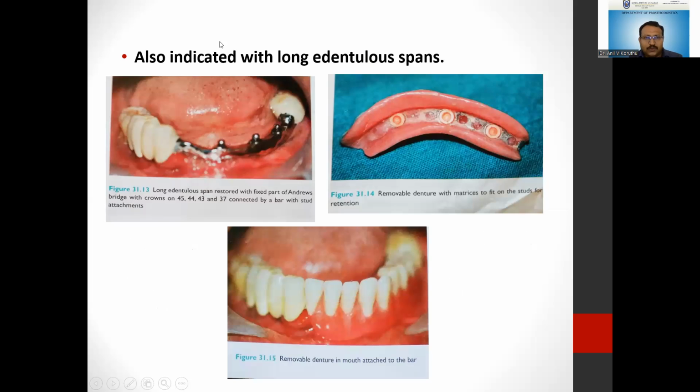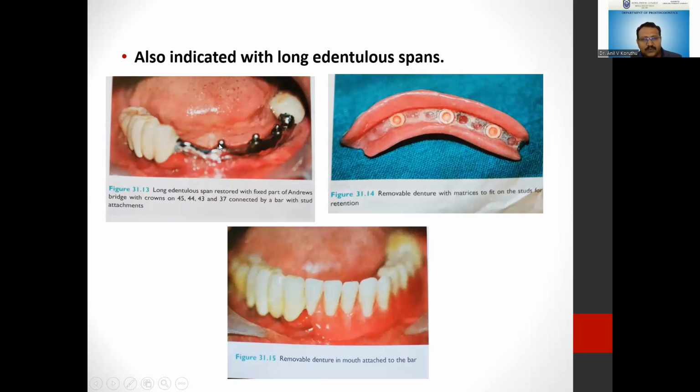And it can also be used in very long edentulous span conditions. You can see that the span is almost the whole arch, starting from the molar region and ending on the premolar region. So this is supposed to be a very long span. This particular area, how they have taken care of is they have put one